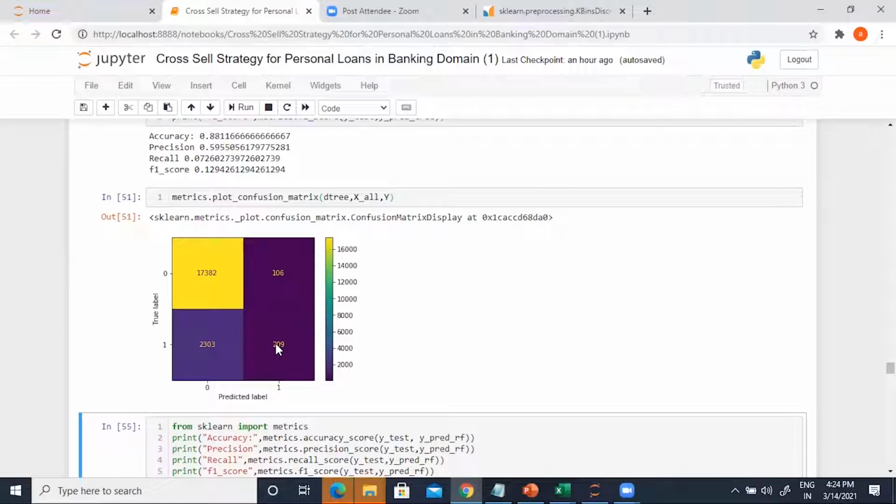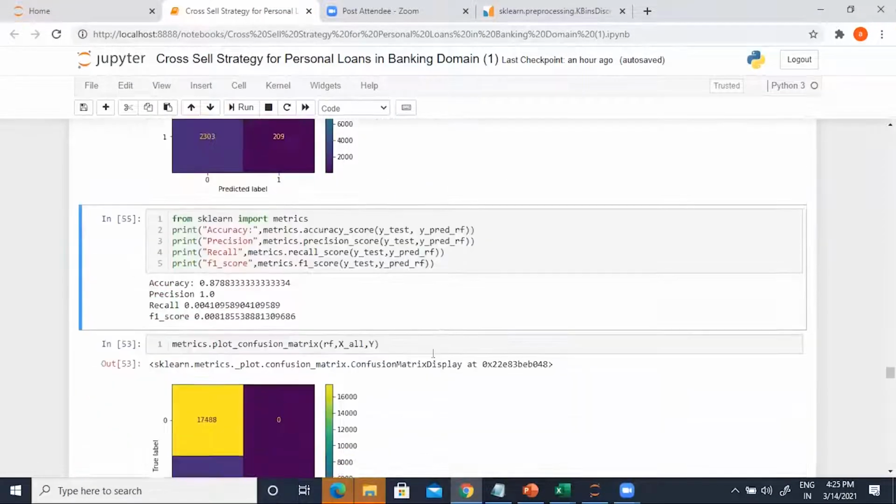We have not yet explored whether, if we lower the probability threshold from 0.5, we are going to get a better capture rate or not. So that we haven't checked so far. But with the fundamental cutoff of 50%, the model automatically is able to capture around 8% of all the actual events or responders. And out of whoever the model predicts as potential responders, 60% have been genuine responders. So that's the outcome of the tree model.